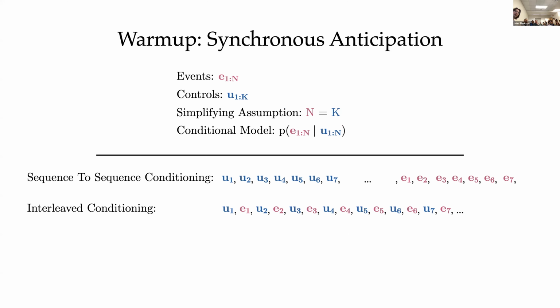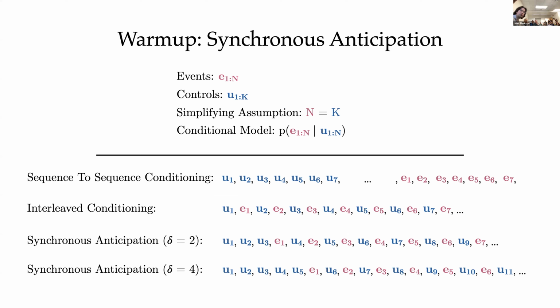Let's go back to the simpler setting. Imagine this is a very simple duet. The controls, which are my melody, are paired off with one accompaniment note. So E1 is supposed to be happening at the same time as U1, E2 at the same time as U2. What I'm saying when I set up the sequence learning problem is that when I'm predicting the first event in the sequence at time 1, I get to see the melody note being played at time 1 and several of the upcoming melody notes in time. I'm previewing what's going to happen ahead of time in the melody when I'm predicting the first note in the harmony.